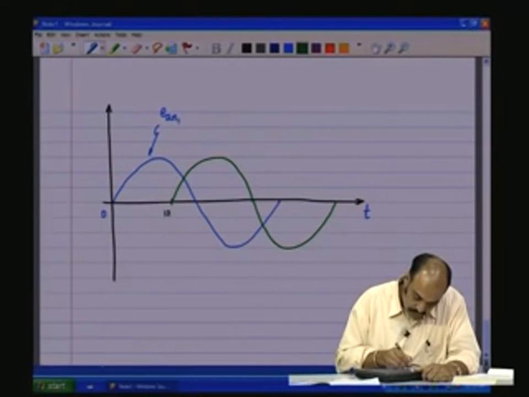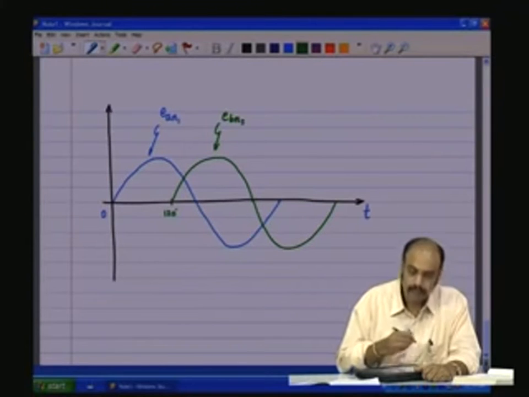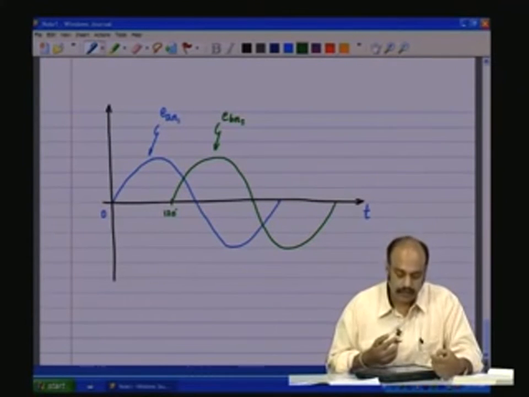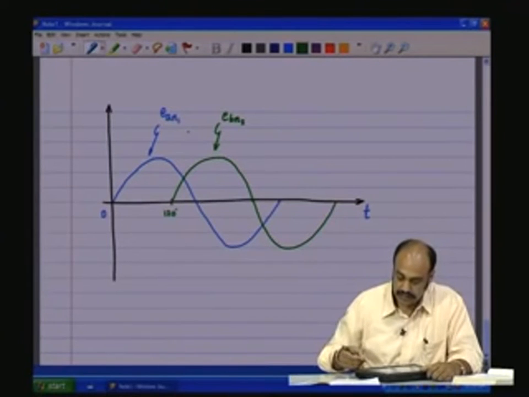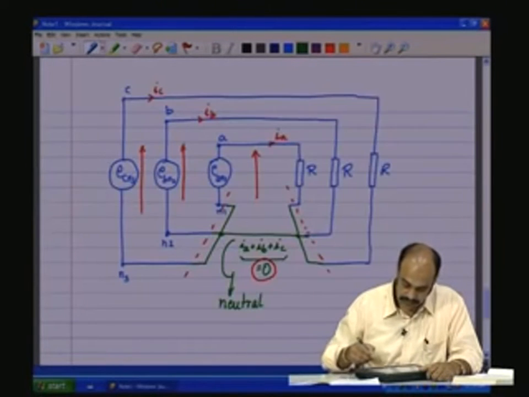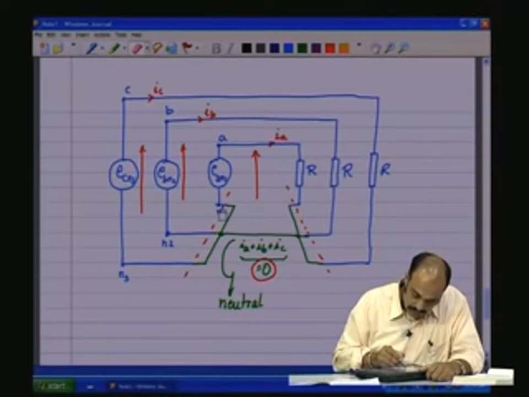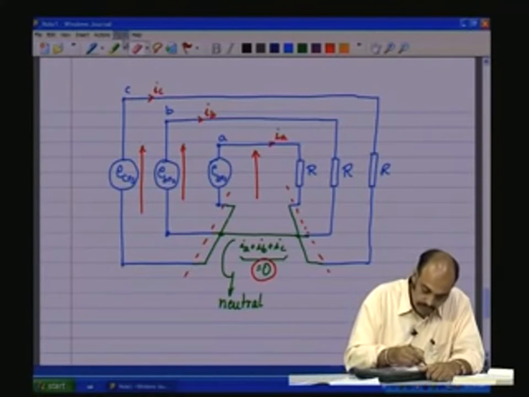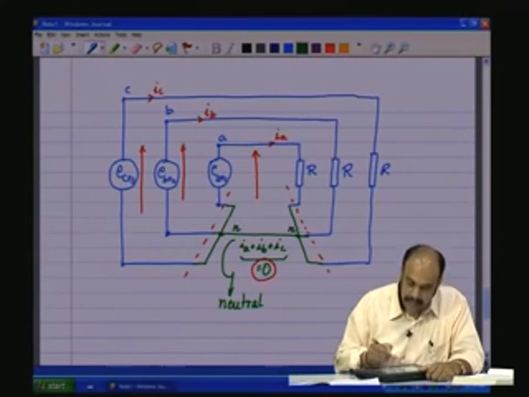This is 120 degrees lagging, and that is E B N 2. Now, if we join all the things, N 1, N 2 and N 3 become same, and we can say that all these are now same and it is equal to N, node N,